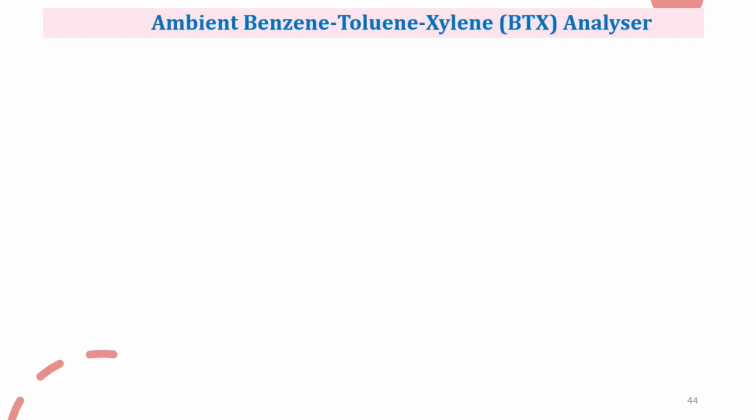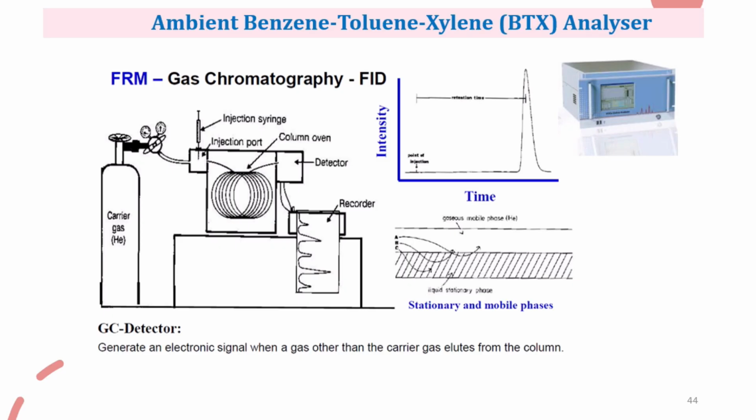Gas chromatography is used to detect organic gases like benzene, toluene, and xylene. In this method, the sample gas passes through a capillary column having a coating of absorbing material, where organic gas molecules absorb on the surface as they pass through the column. The column is heated at a constant rate inside the GC oven, and the specific gas molecules desorb from the